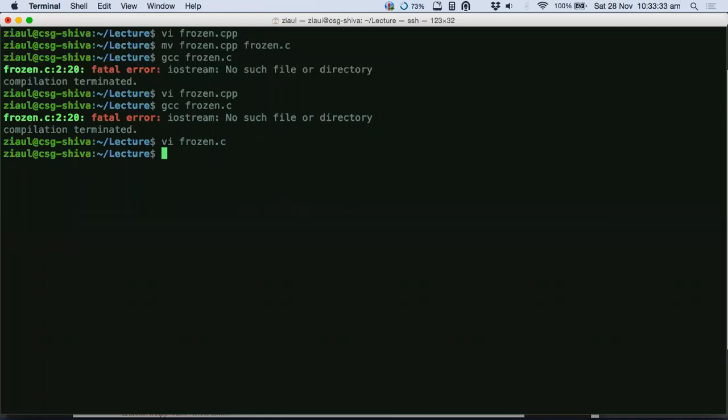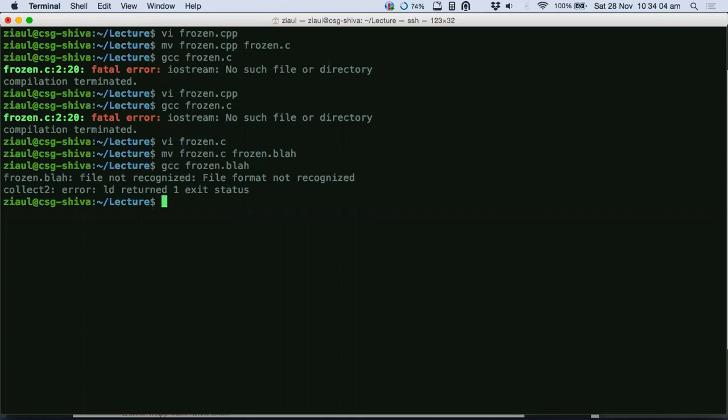When you have a text file, what is the extension? Reply fast, guys. Dot txt. Yeah, good, .txt. Similarly, your program files also should have an extension. If it doesn't have an extension, let's see what happens. Let me remove the extension from frozen. Let me just keep it as frozen dot. Let's see what happens. So it just does not work. It will just say not recognized format.